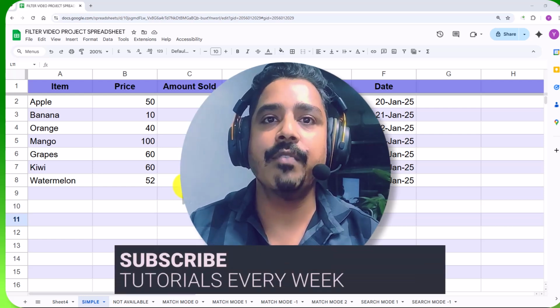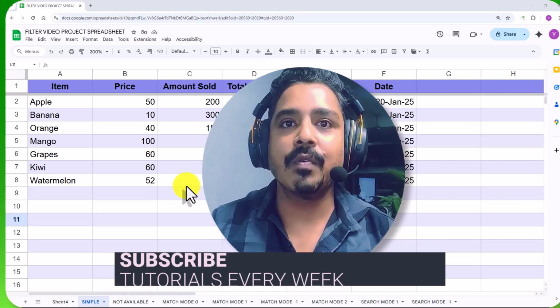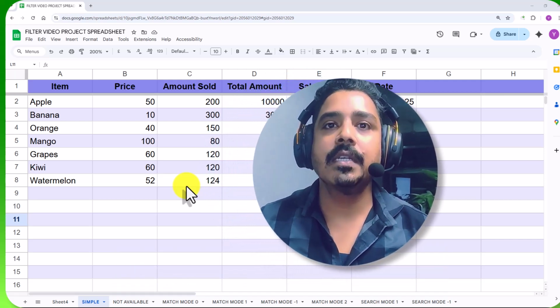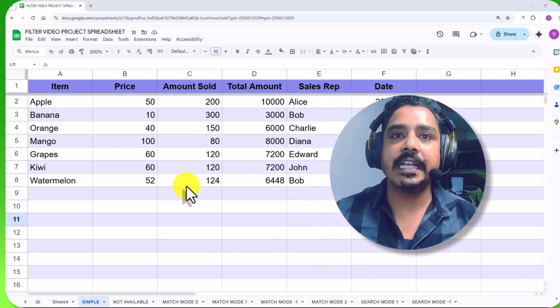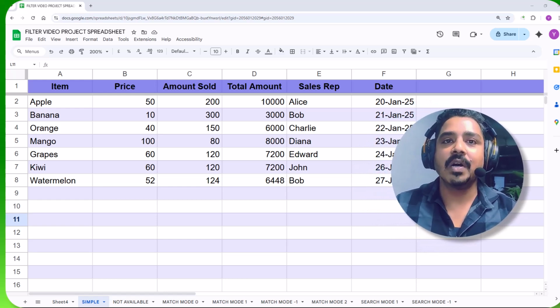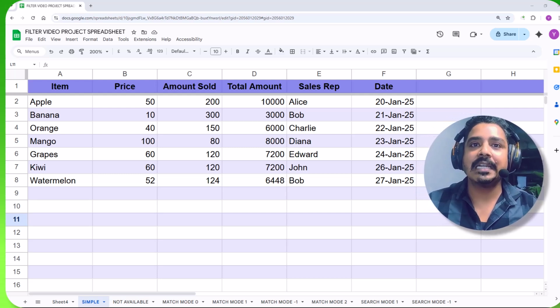INDEX MATCH and VLOOKUP are great functions, but there is a better alternative for VLOOKUP and INDEX MATCH. That's FILTER. In some scenarios, the FILTER function is way better than INDEX MATCH and VLOOKUP. There are some reasons for that, and the first reason is the FILTER function is way simpler and easier than